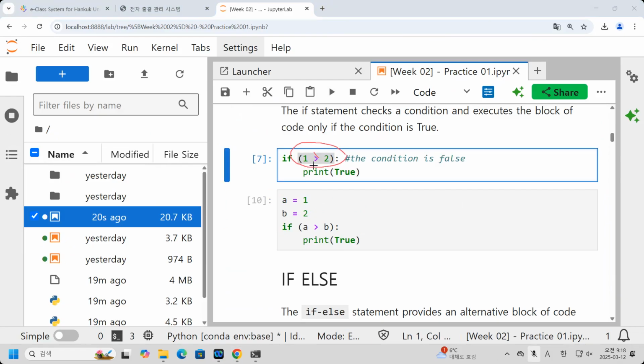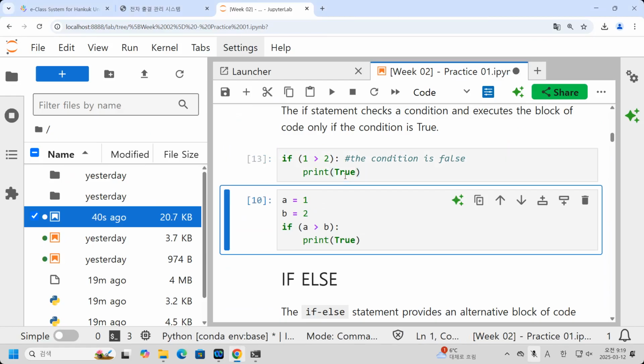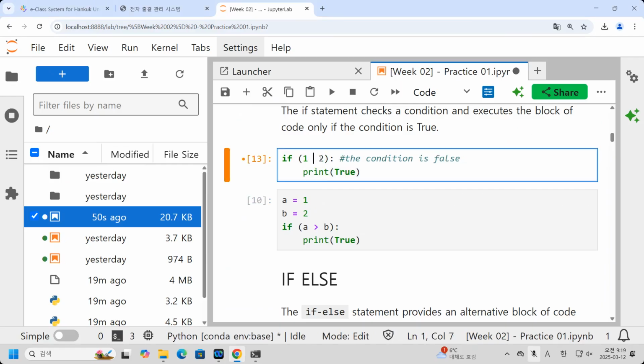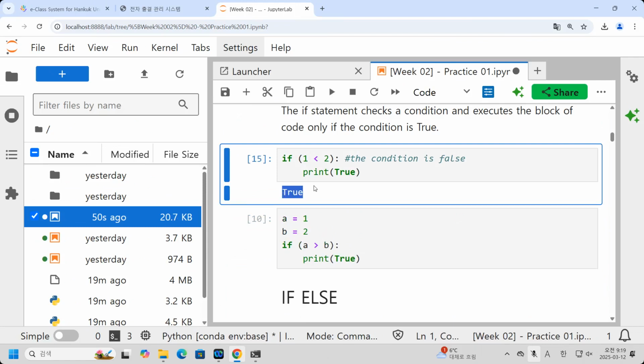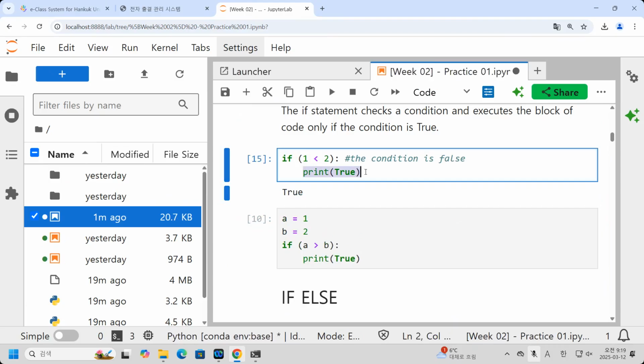One is greater than two. Is it true or false? One is greater than two? No. Then it is false. So let's see what happened. Then nothing. Okay. Because it is false, then nothing happened. But if I change this one, is one is less than two, then we can get the result. We want to print true. So true,